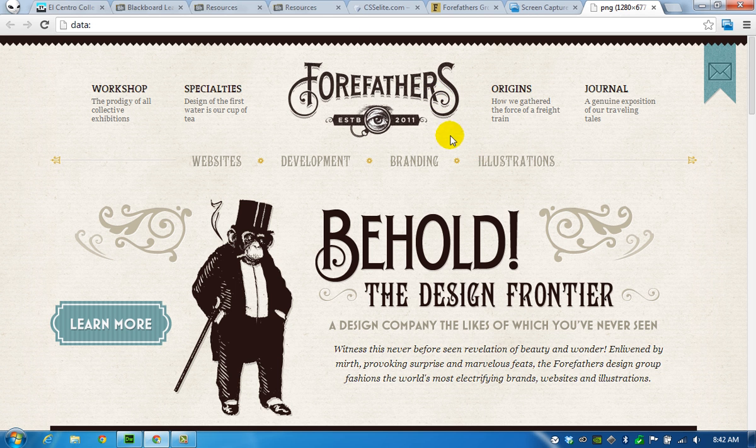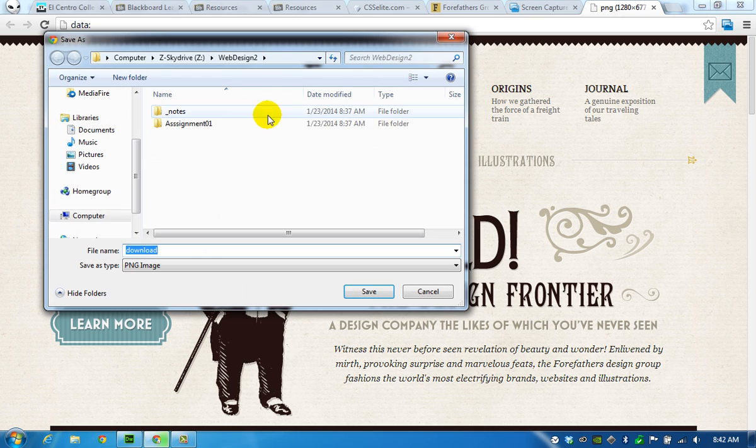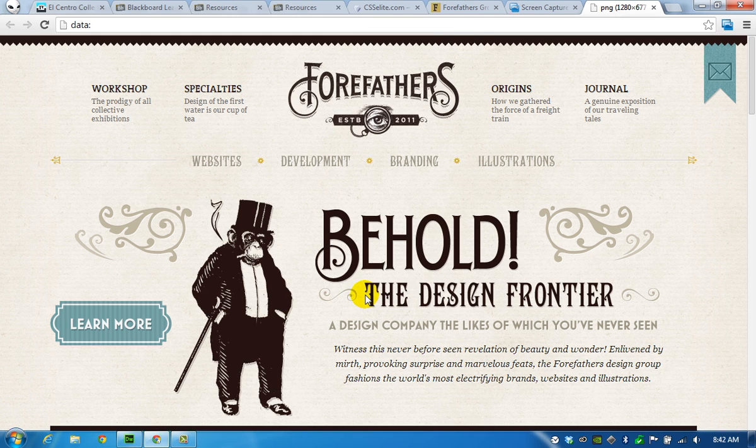We can save it by right-clicking, saving the image as, finding our assignment 1 folder, and inside the images, just call it site 1. This is a PNG image. PNG stands for Portable Network Graphics. They're perfectly acceptable for use on internet pages. I'll close this now,